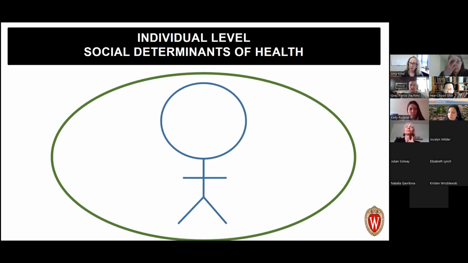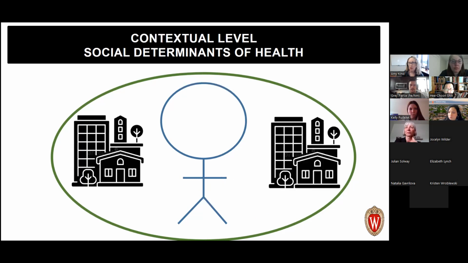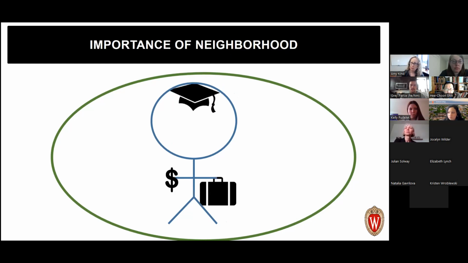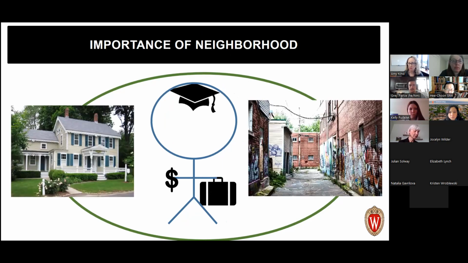So we can certainly think about them at the individual level, things like education, occupation, income. But you can also think about them at the contextual level, as you all very well know, things like the built environment, neighborhood disadvantage, and other toxic exposures. But some of the very big and very interesting questions, certainly for myself and my own group, is the importance of the environment in the setting of the individual. Another way to say that is, if you have an individual who is otherwise equal, how would their health differ in a highly wealthy context as compared to a highly disadvantaged context?